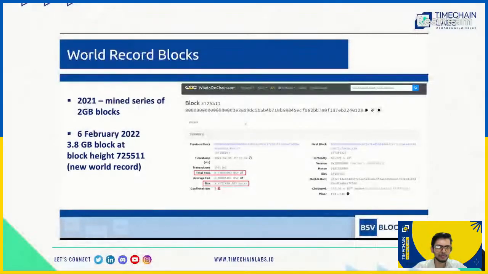So when the chain forked from 2018, there have been world record blocks forming of 2 gigabyte size, 4 gigabyte size, and it has now gone on with soon terabyte size blocks coming onto the network to power the ledger that can support the internet economy as per the vision of a data economy, which we talked about. Because you need millions of transactions per second to power the data economy. 14 transactions per second is not going to cut it.